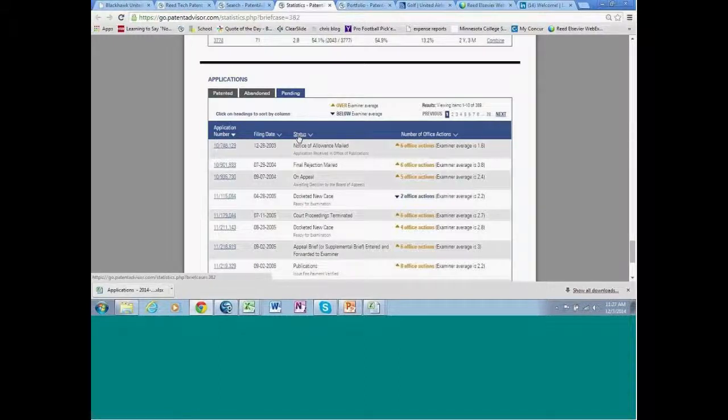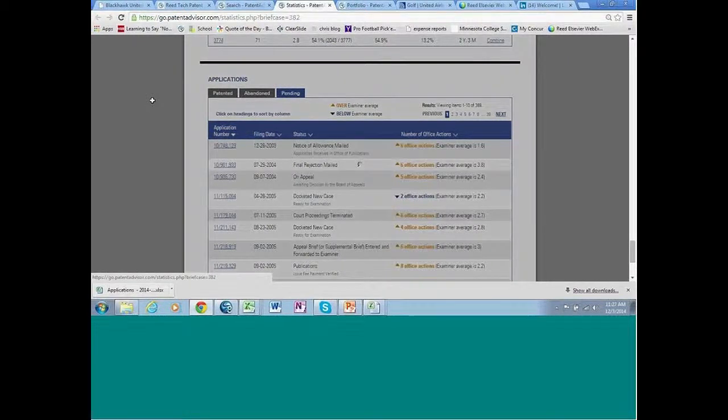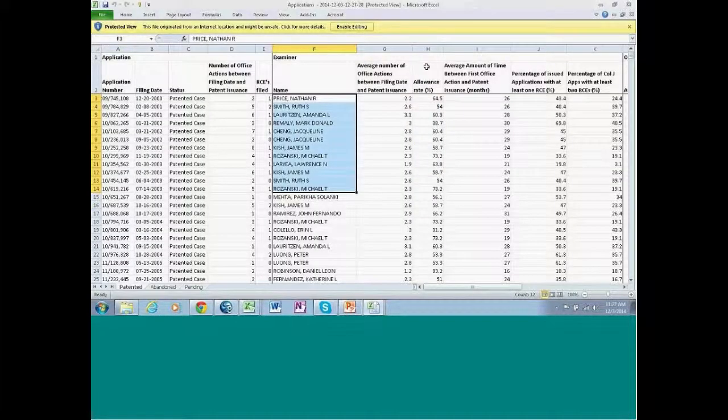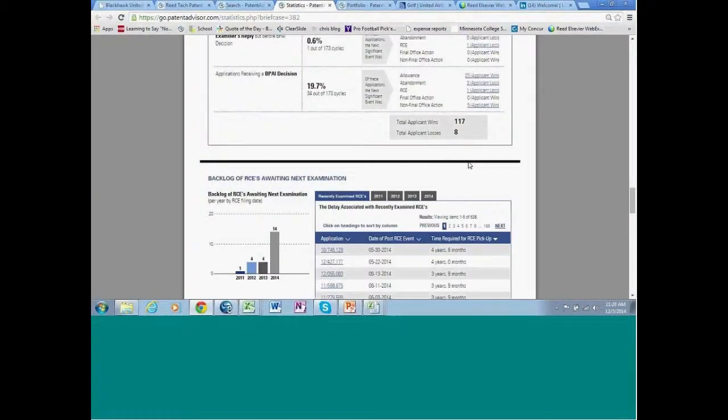So I did hit export there, and take a look here. Now I can quickly see all my examiners and my examiner's allowance rate in this data set. I can sort it in Excel. Maybe I'm more comfortable operating from that standpoint, and so I want to dig into it from an Excel standpoint. So now that we've become a little more familiar with the dashboard,